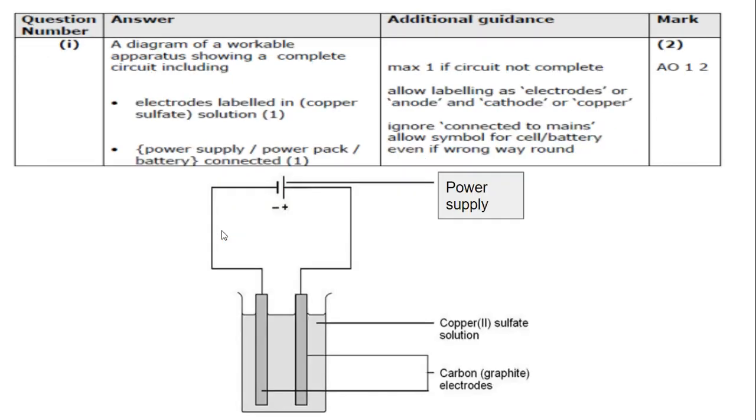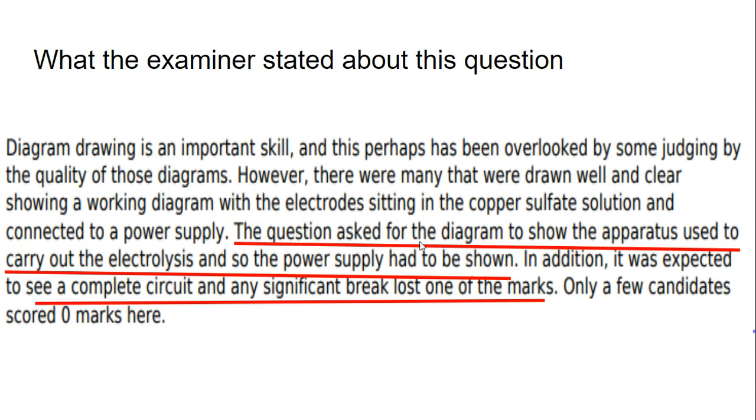So a diagram like this would be ideal with a power supply at the top, 2 electrodes in a single container with contact with the copper sulfate solution. For the marks, we just need to label the electrodes and we need to label the power supply. The examiner then says,